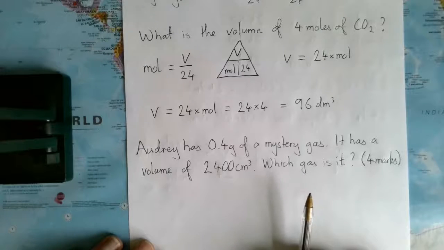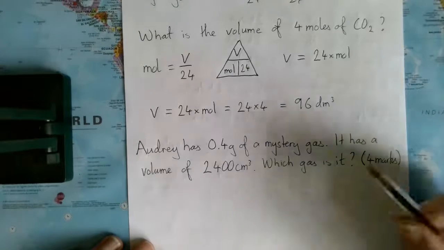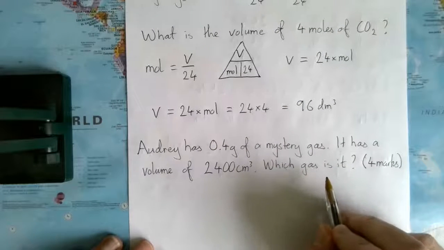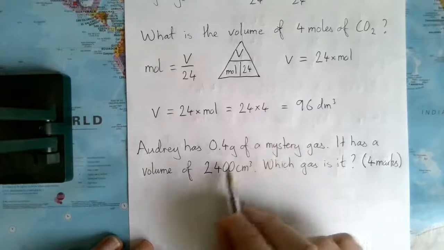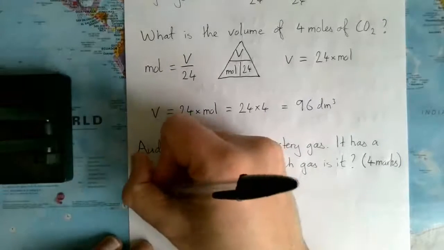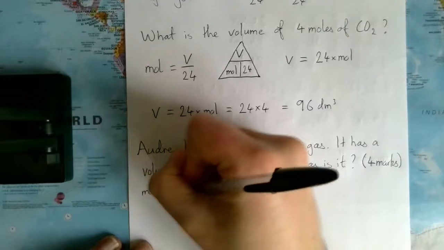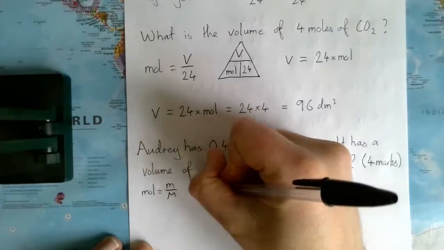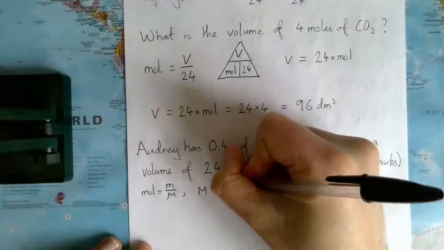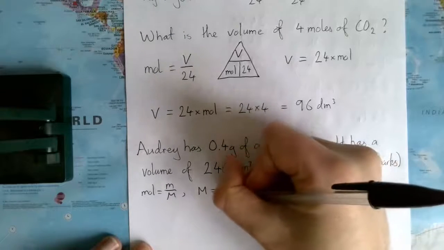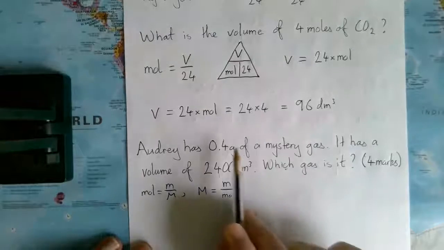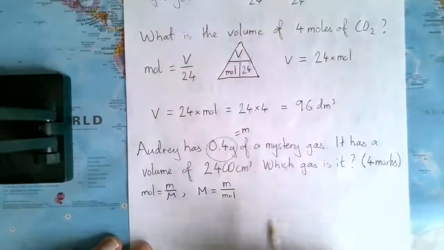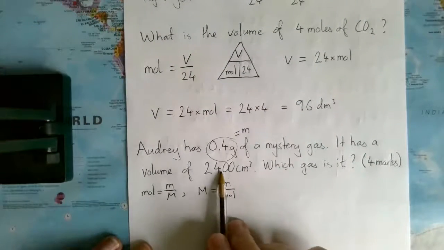Which gas is it? Right, this is where you need to go through and think, what is it asking me? To identify the gas, you need to know the mass of 1 mole. And we know we have to use mass because there's a mass given there. So, the number of moles is the sample mass divided by the mass of 1 mole. So if we rearrange that, the mass of 1 mole is the sample mass divided by the number of moles. Okay, we've got a sample mass, but we don't have a mass of 1 mole. But we do have